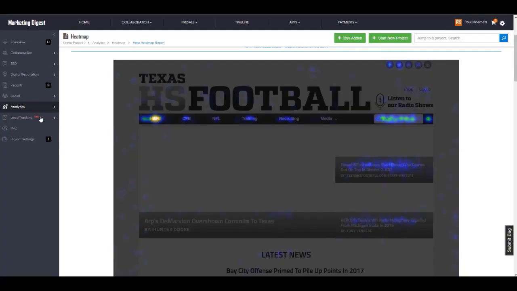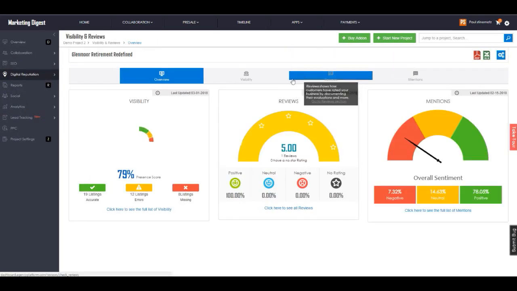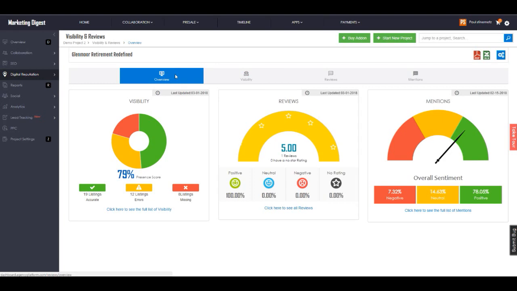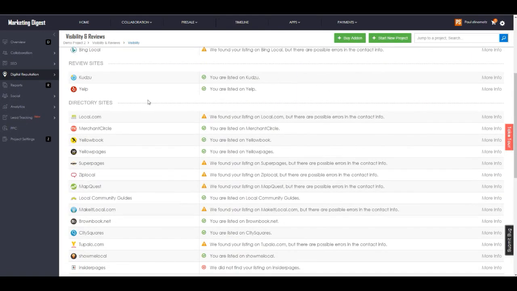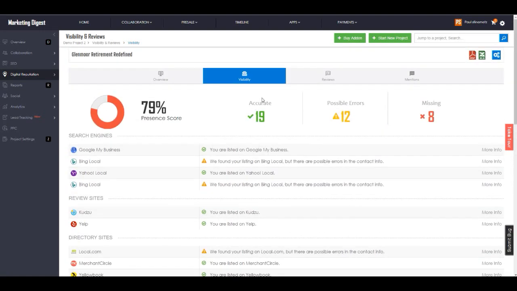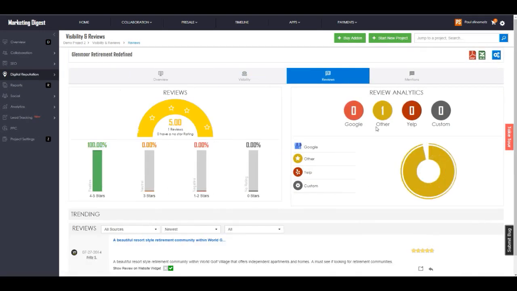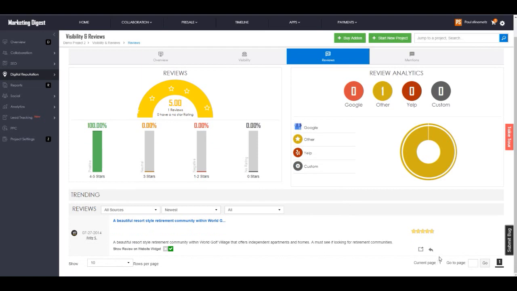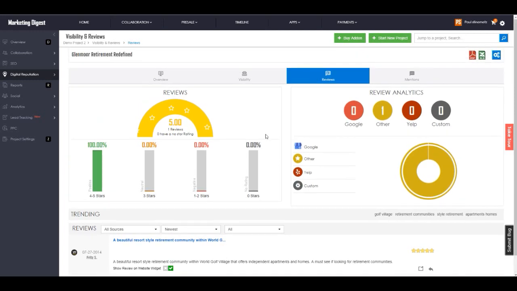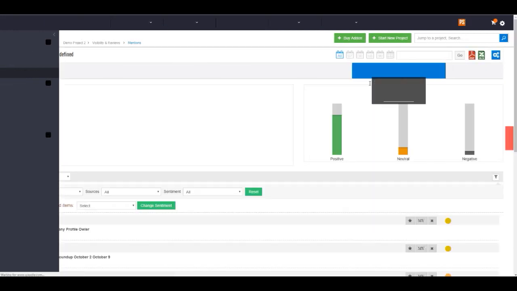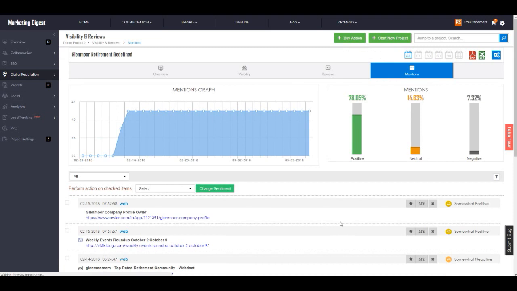which you would be able to see if you go into demo account, go into digital reputation, visibility and reviews, and from there, you'll be able to see, for example, on visibility, all of the reviews tracking that is there, but also the review tracking, how to respond to a review, share a review to social media, click to publish the review on the website through the review widget, and even social sentiment analysis comes along with it.